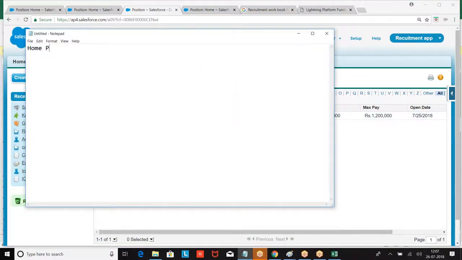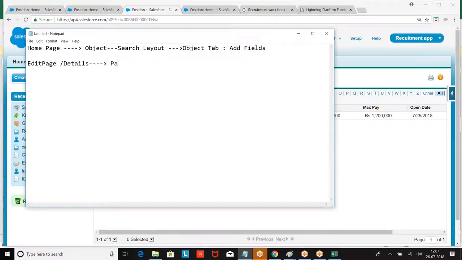Home page. On home page, how will you control? Object, search layout, tab. Object, tab, add the fields. Then edit page or detail page.